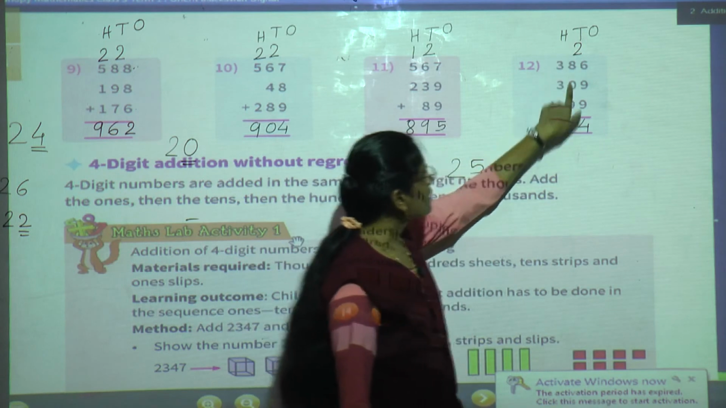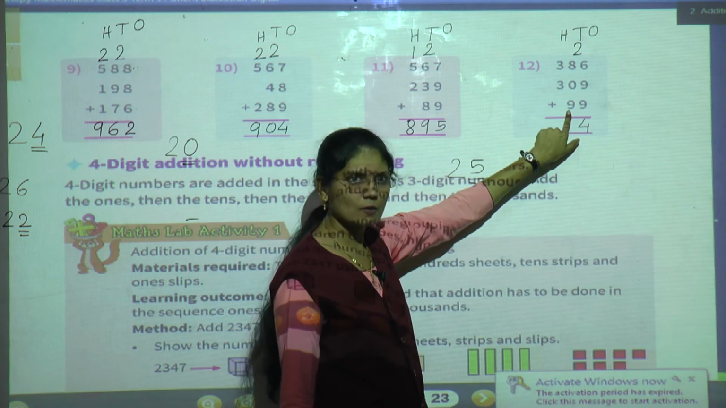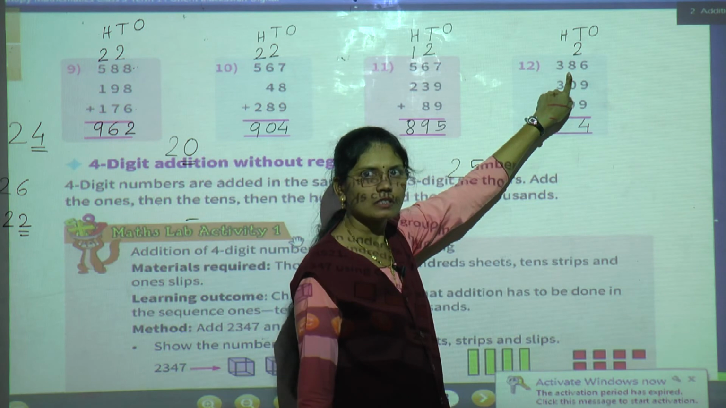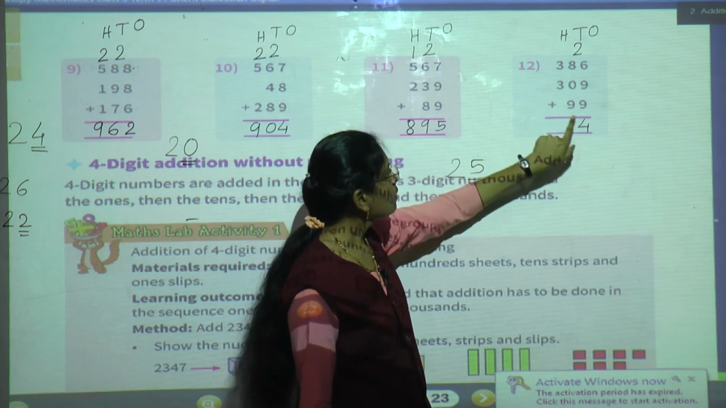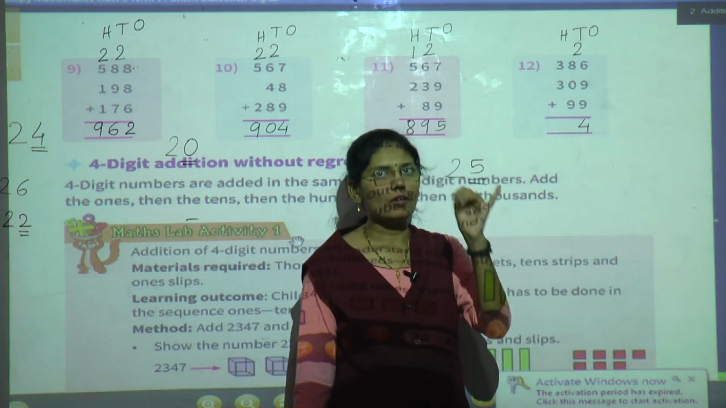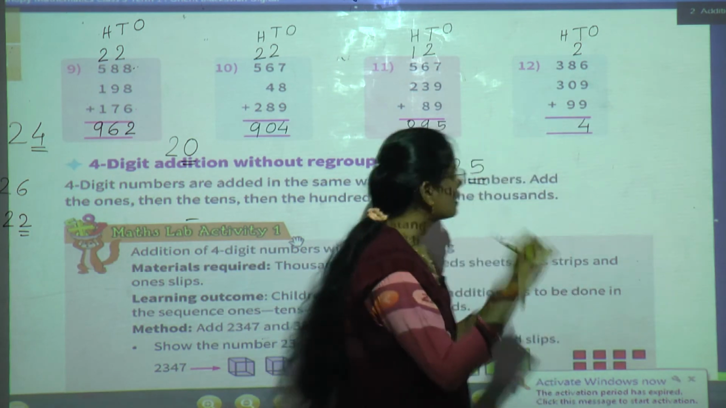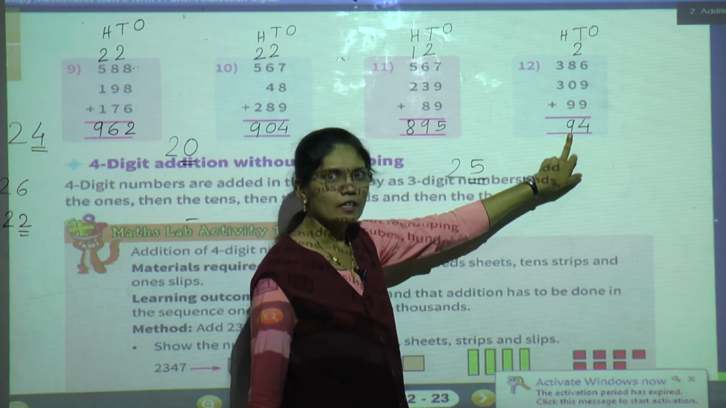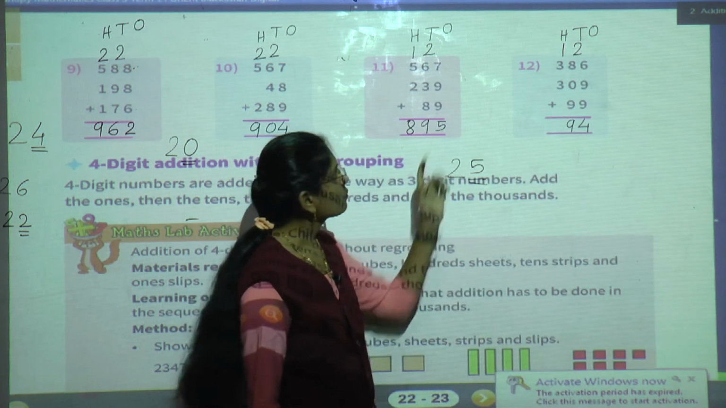Now see the tens place numbers. At tens place 2, 8, 0, 9. These 4 numbers are there. Now we will add these 4 numbers. 2 plus 8, 10. 10 plus 0, 10 plus 9. After 10, count your 9 fingers. 11, 12, 13, 14, 15, 16, 17, 18, 19. So 10 plus 9, 19. So we will write 9 here and 1 we will give as a carry to the next place, that is at